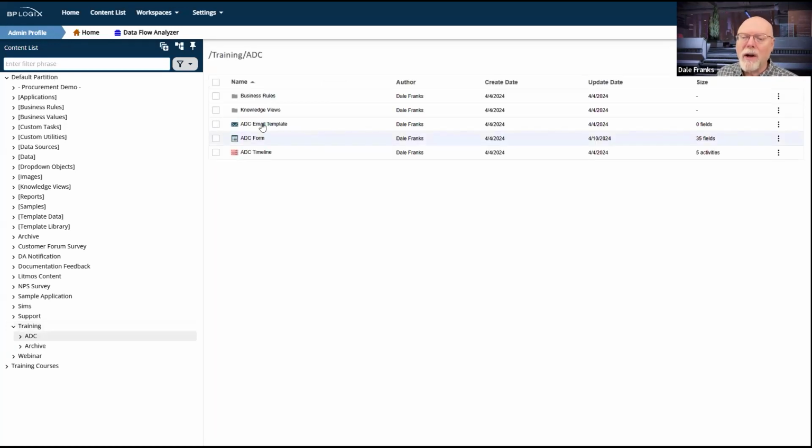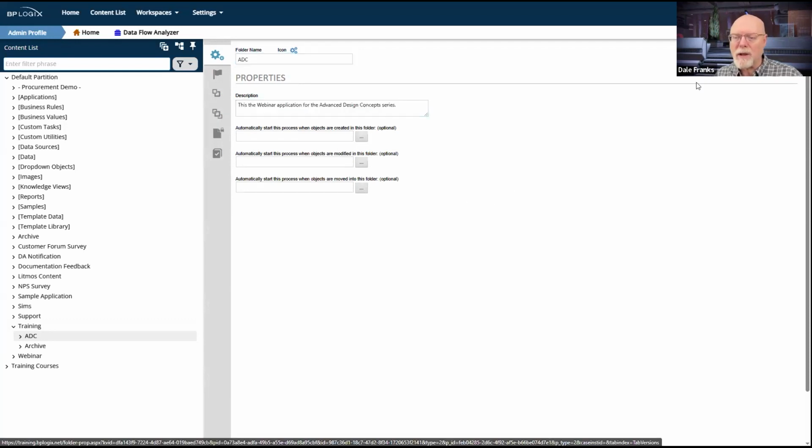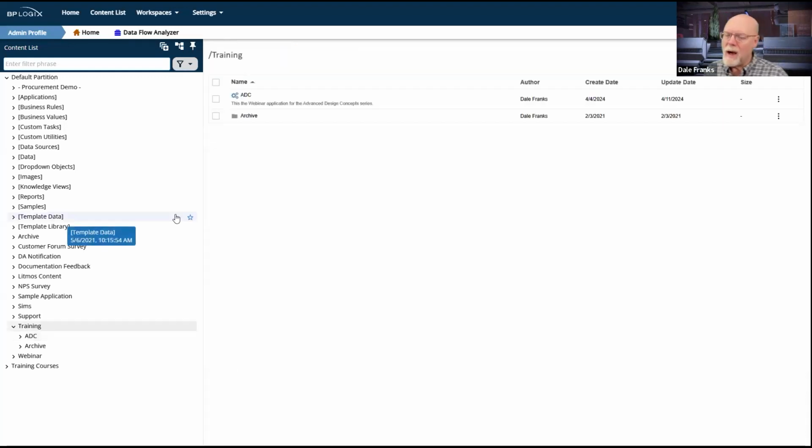It's always a good idea to have the description of what your application is so that you can see it. So all you really need to do is just go into the folder properties, go to the description, change the description. And once you do that, it shows up as the second line in the content list. It's just convenient for telling people what this application is when somebody comes in later and looks at it. So I went ahead and did that.